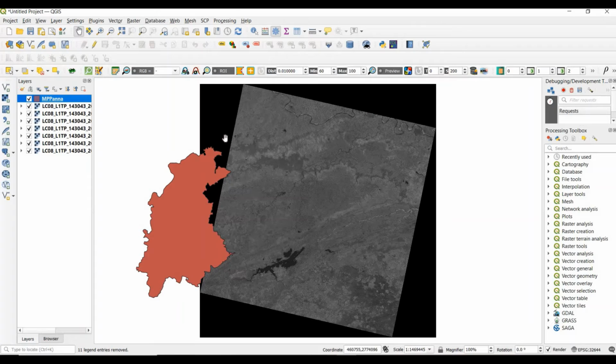If we want this layer to appear in the full tile of satellite data, we need to select the raster data of the same place, because raster file and vector file are both georeferenced. So it is necessary to select raster and vector layer of the same place.